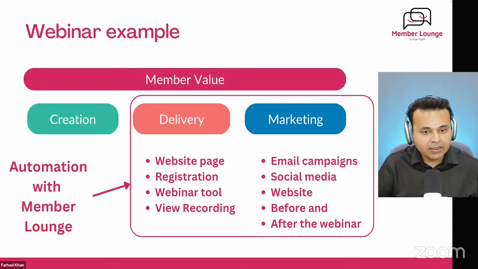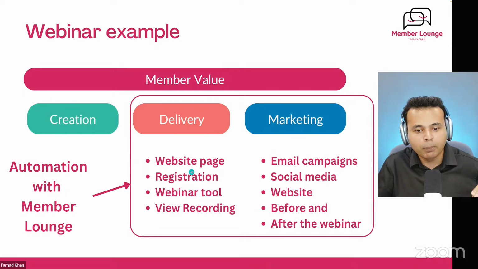So what we have done in our Member Launch process is try to automate the delivery and the marketing process for you. The delivery process is extremely simple. The resources library that I showed you is extremely simple to use. It's extremely simple for you to create content, and it's very easy for your members to use content. Overall, our focus with Member Launch is to automate as much as we can in the delivery and